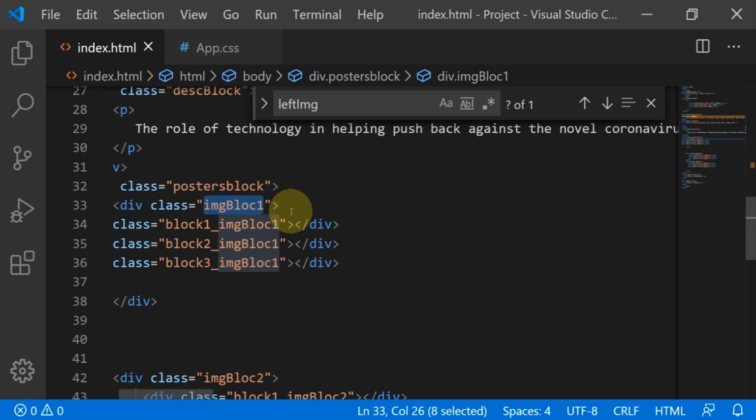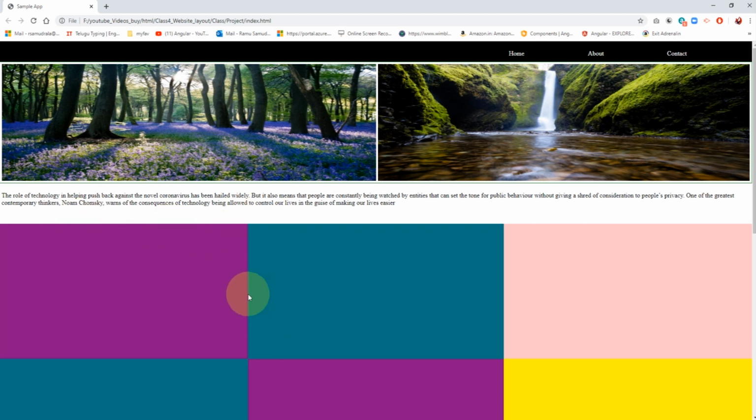So block 1, block 2, block 3, like this one. So this entire thing is the posters block, then the first one is block 1 images, okay. So then this one, 1 2 3 images, okay, like that.